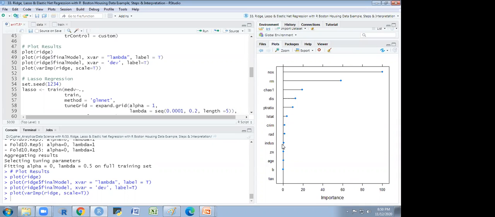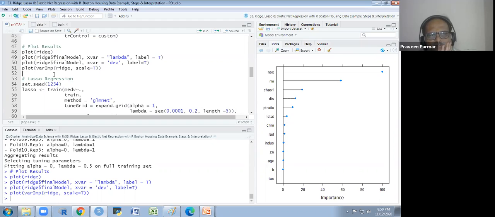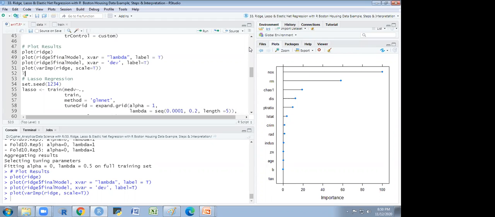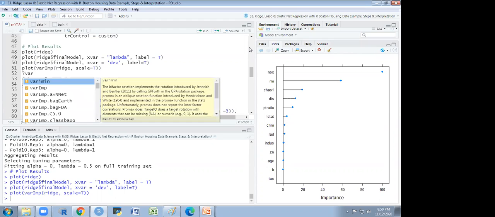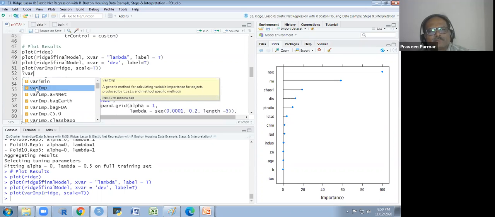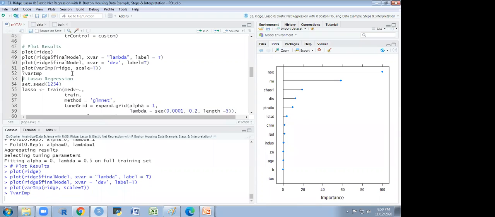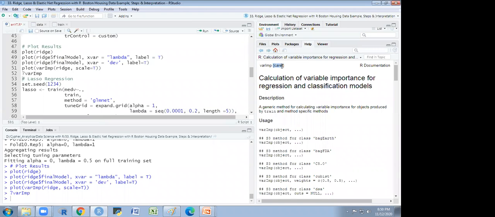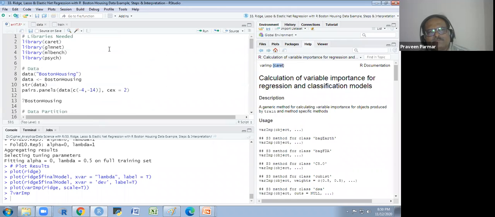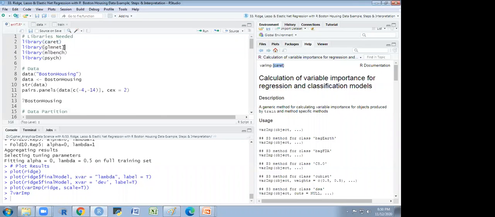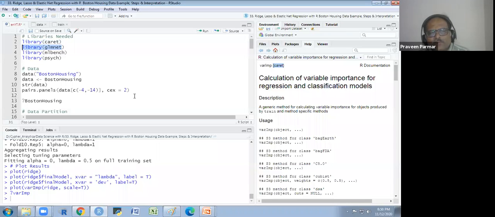Is the function in a default package, or do you have to install a specific package for it? For using the variable importance function, do we have to use any specific package? I will show you. The caret library we have used earlier. glmnet we are using for the generalized model.